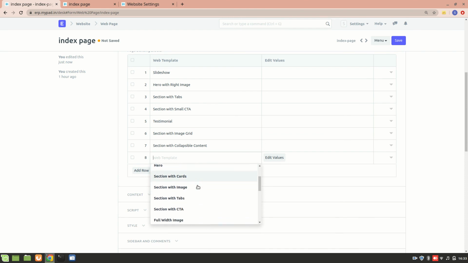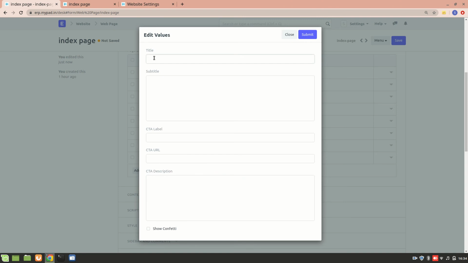Now what else is remaining is we have completed tabs, and then we have also completed collapsible content. Now what I'll add is I'll add a section with a call to action. Okay, with this one was small call to action, so don't get confused in this. We'll see how it looks. Now I'll just get a title is as contact us for appointment,